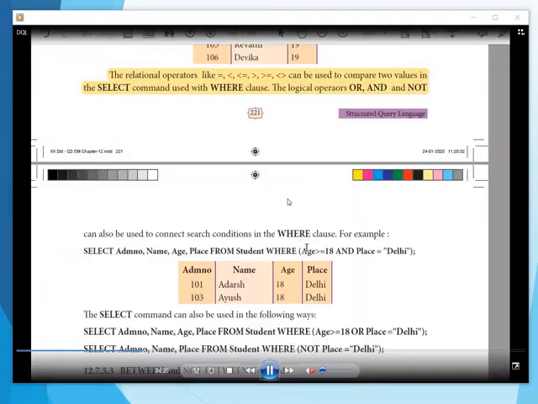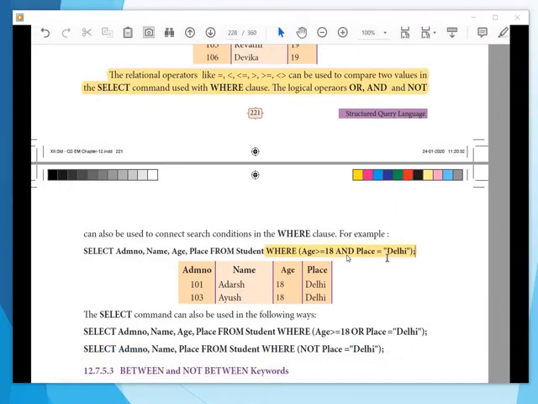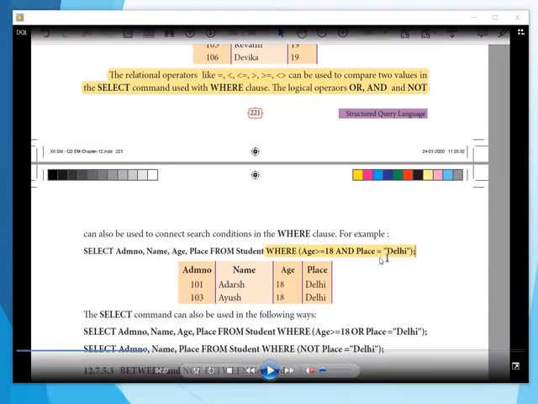So first one is, we can even give 2 conditions. That means age is greater than 18, at the same time the place is Delhi, and the records should satisfy both the conditions. That means the place should be Delhi as well as the age should be greater than 18.